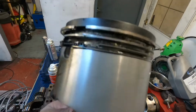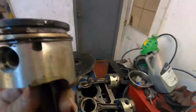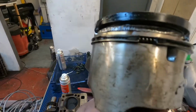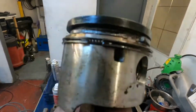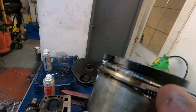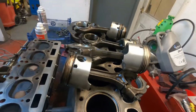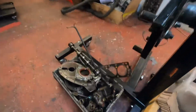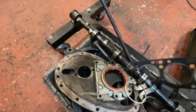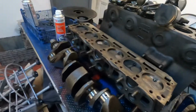So I've invited my customer down to talk about options of repairing it properly, doing a lead-free conversion on it. Yeah, you see it's even broke the second land on that. So yeah, I've got a sneaky feeling that was due to a gap. It's meant to be relatively a fresh rebuild, but it is in such a state, so I don't think they cleaned it properly. If it was a proper rebuild,